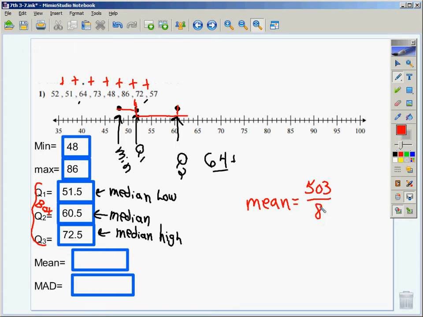If I add them all together, their total should be 503. Okay? If I add 52, 51, 64, 73, 48, 86, 72, 57. 503 divided by 8